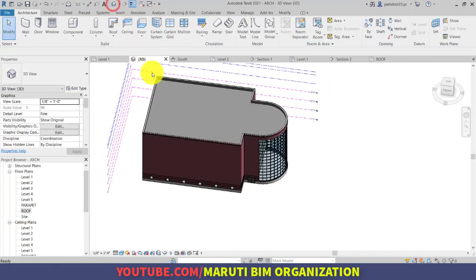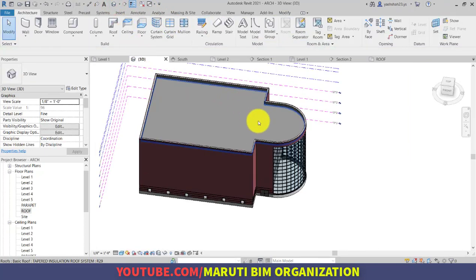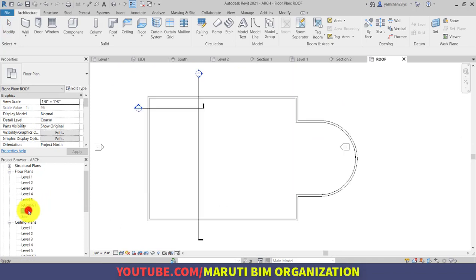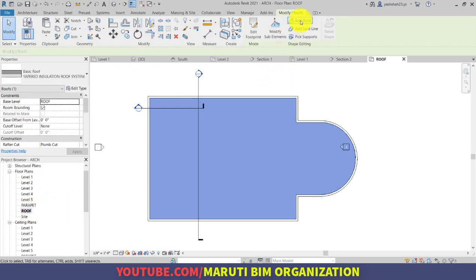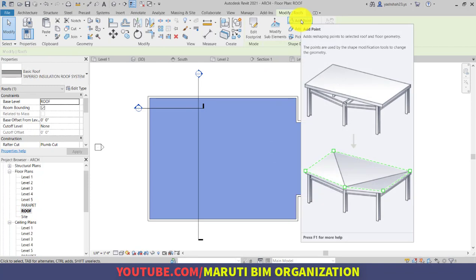Notice that you might be thinking that the same thing we can achieve by using the floor command. Okay, so by using the floor command, you can also create a flat floor or flat slab as well. Then why do we need to create a roof? So here is the answer for that. If you use the roof command, there are different options in order to edit the roof.